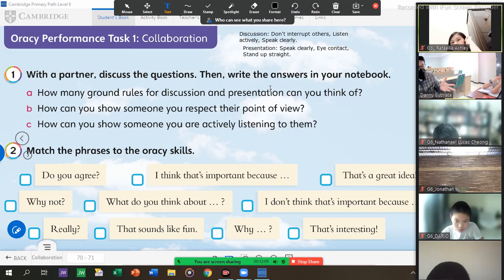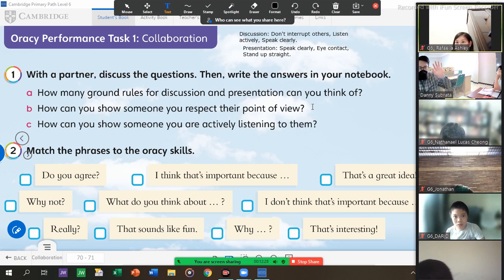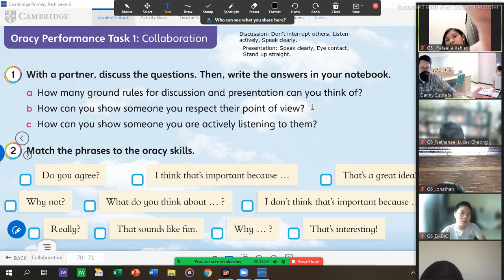But when you don't agree with someone, how can you still respect their point of view? Which one is better? You say, I don't like that idea, that idea sucks. Or you say, well, that may be an interesting idea, but I don't really like it. Which one is more respectful?